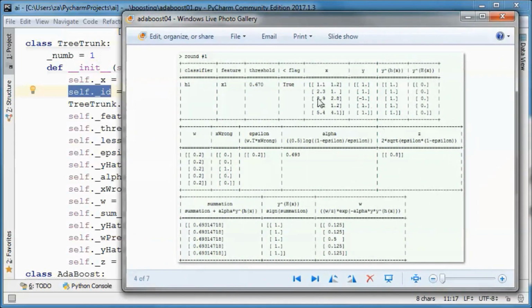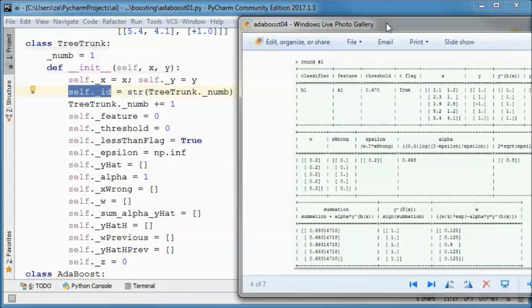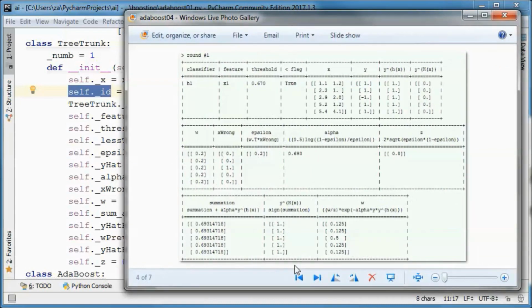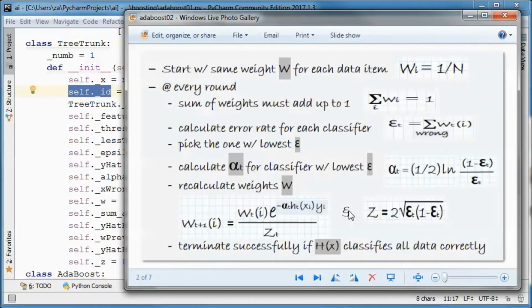So only this data item, 2.9 and 2.8, was misclassified. So for y it's -1, for y hat of h of x it's +1. And we keep track of alpha. So here this is the number that we found for alpha, and we calculate it according to this formula.